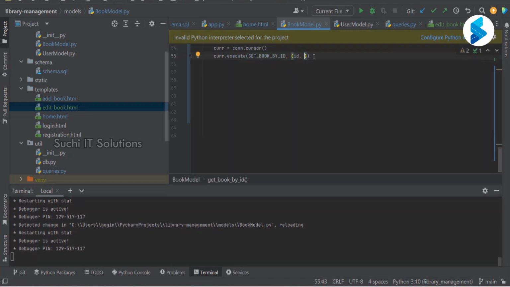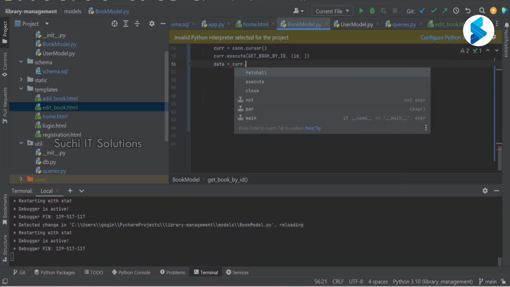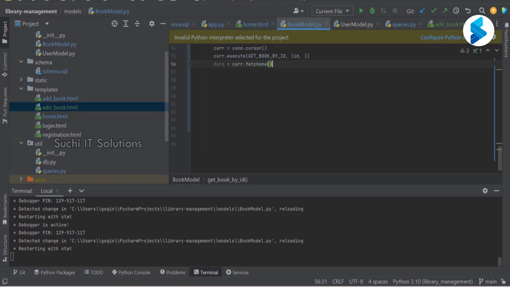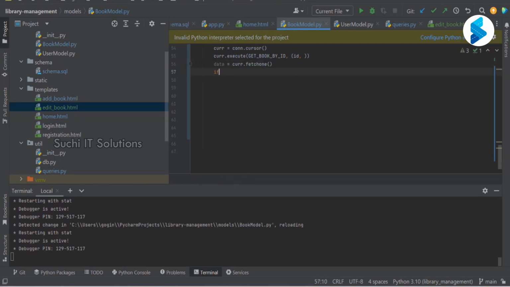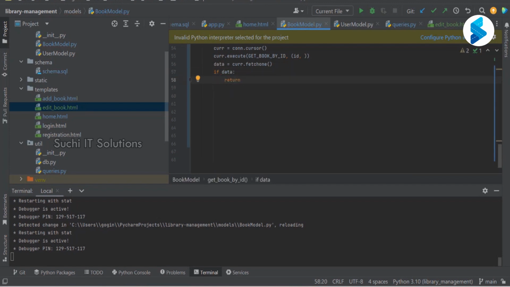Right. So data is equal to cursor dot, I don't want all. We want to say this is going to return only one because of the ID filter, right? I am going to filter. If data, the ID can be correct or wrong. If data, return,